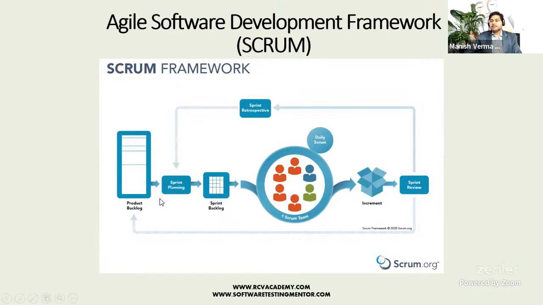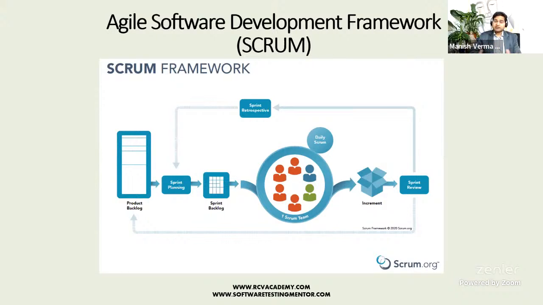So sprint planning is a meeting, daily Scrum is a meeting, sprint review is a meeting wherein the showcase happens, and sprint retrospective is a meeting wherein teams see what they have done well, what they want to continue doing so that it is more efficient in future sprints, and what they need to change, right? So this is a brief about the